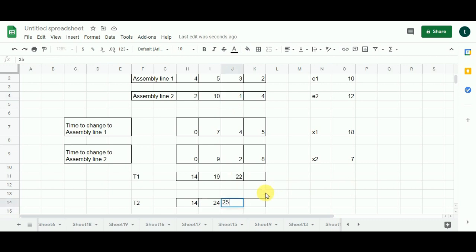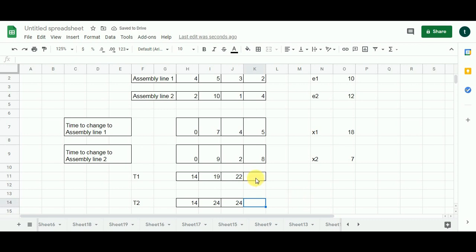Okay. So this represents one of my candidates. And then we have another choice if the chassis arrives from here. So what will be the time? It will be 19 plus 1, which is 20, plus 4. So it becomes 24. See here, 24 is less than 25. So at this station in assembly line 2, if the chassis arrives from assembly line 1, then it will take lesser time. Alright, so I am going to put 24 over here.